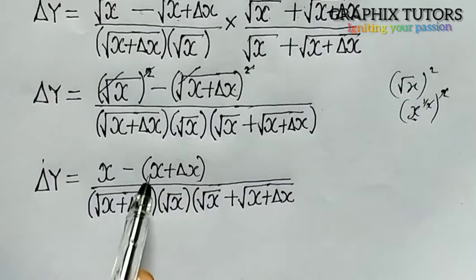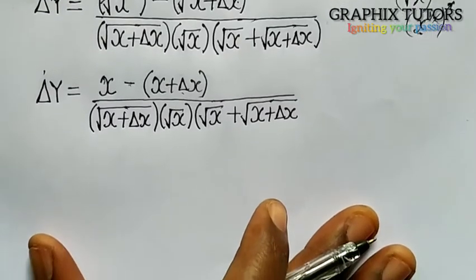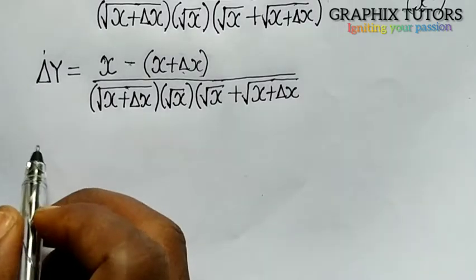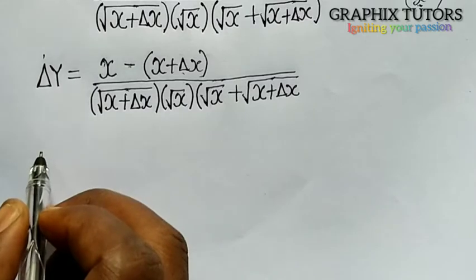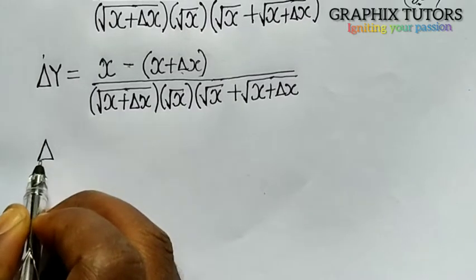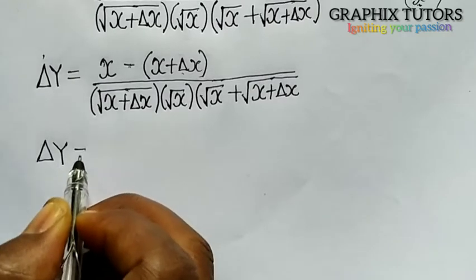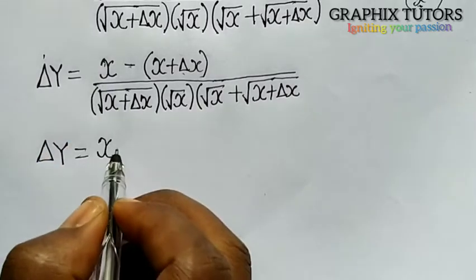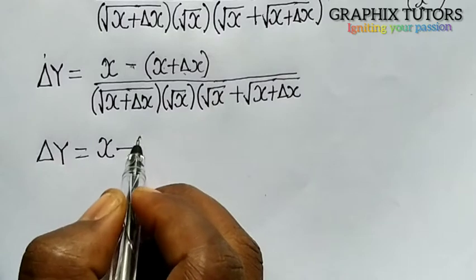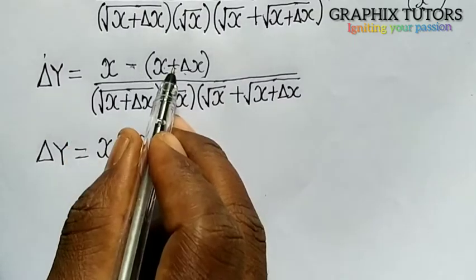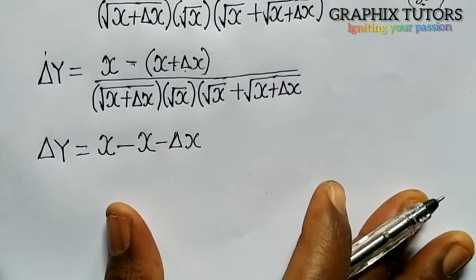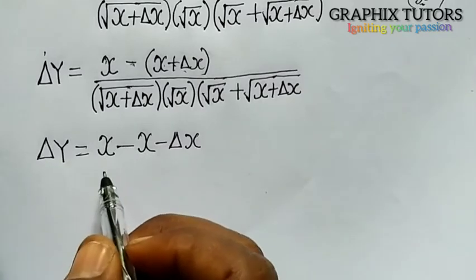Now, if you expand this, if this minus opens this bracket, we are going to have my delta y giving me the x there, which is this x, minus times x to give you minus x, minus times plus delta x to give you minus delta x, because minus times plus is minus. Everything all over